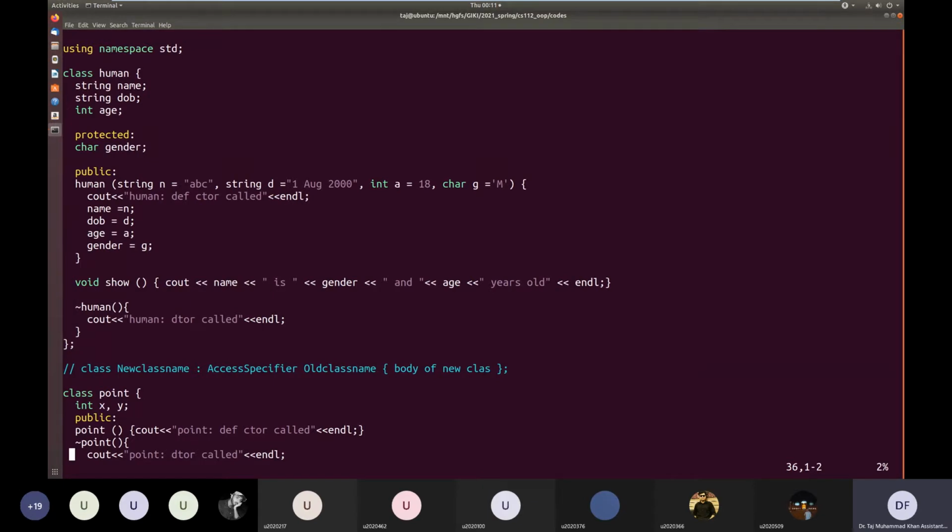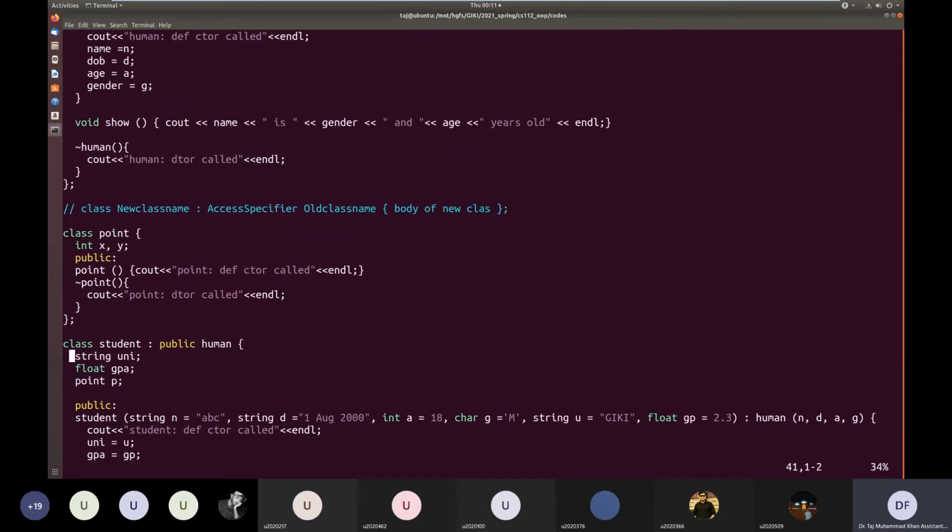Okay, so inheritance will bring in all the member variables and all the functions of the parent class inside the child class. Inside the inherited class, we will receive all the member variables and the member functions of the base class. So this was what we did. We made a class human, and then from human we basically inherited a class student. Since student is inherited from human, it will basically receive all the data of the human.